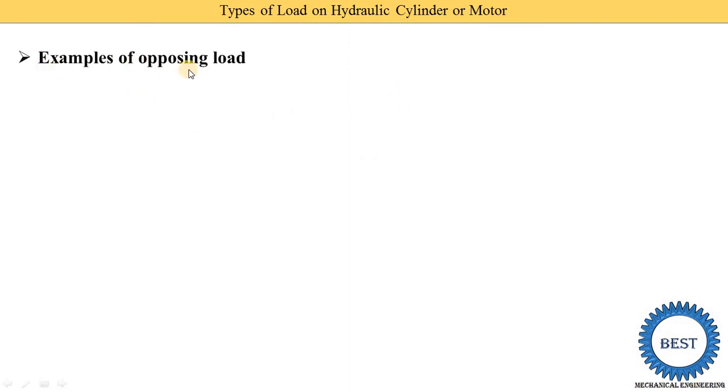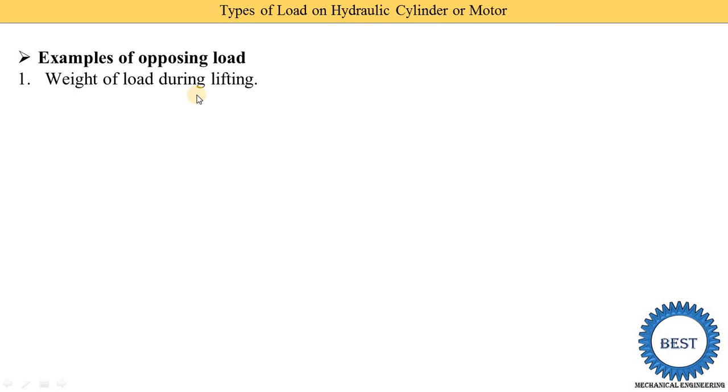Now first we understand the examples of the opposing loads. Weight of load during lifting. Lifting means when we lift the weight in the upward direction. Generally we use a lift in a building. When the lift is moving in the upward direction, some weight is moving in the downward direction, that is put in the lift system. When the person is moving in the downward direction, due to gravitational force, any component, meaning the cage of the lift, also tries to move in the downward direction, and the lift is also coming in the downward direction. It is called the overrunning load.